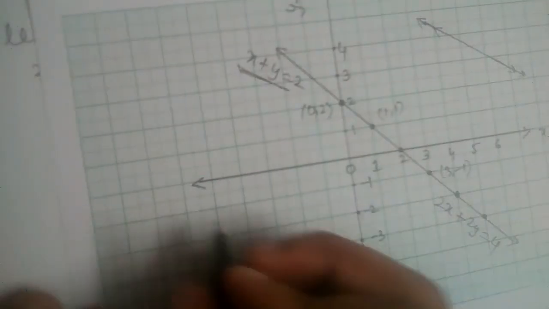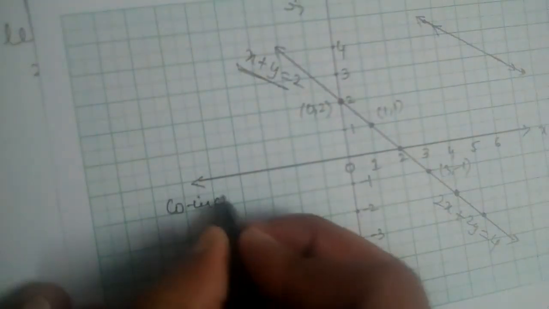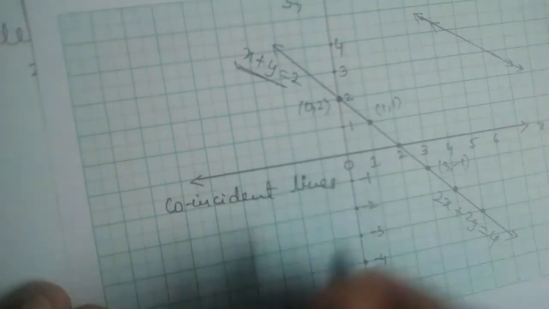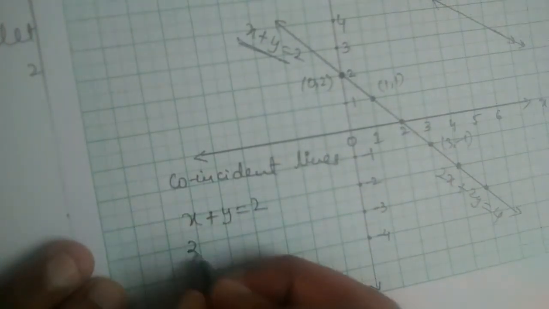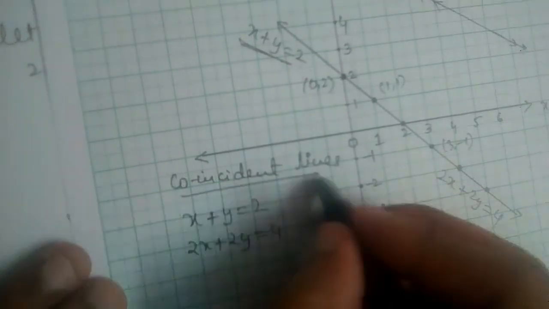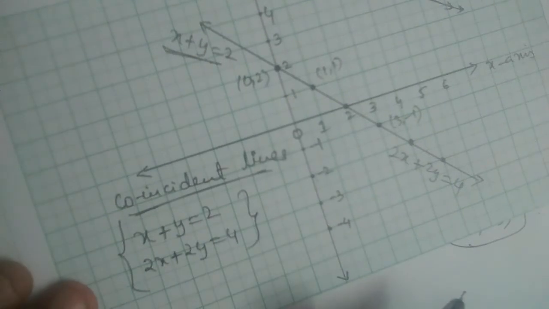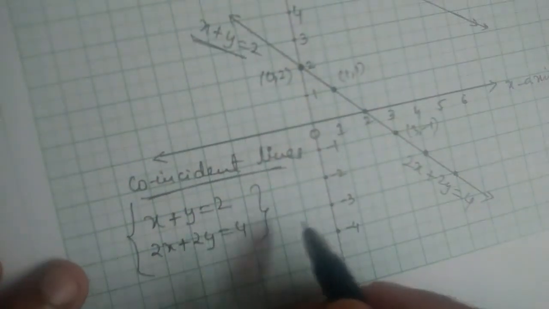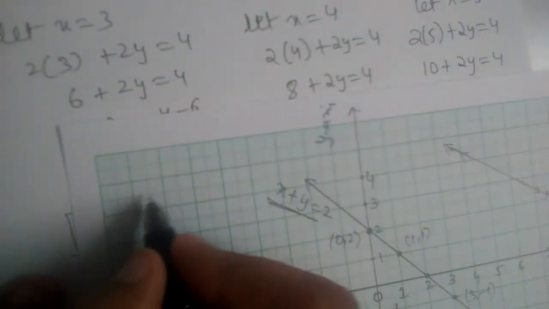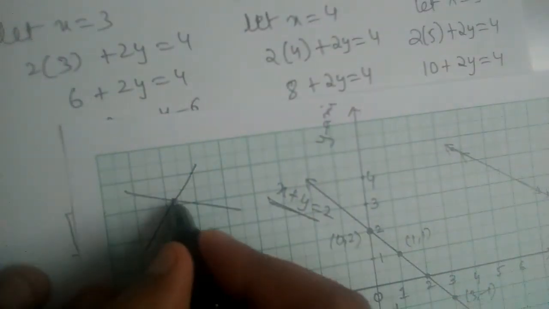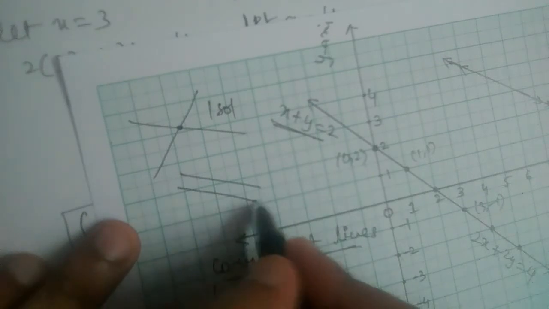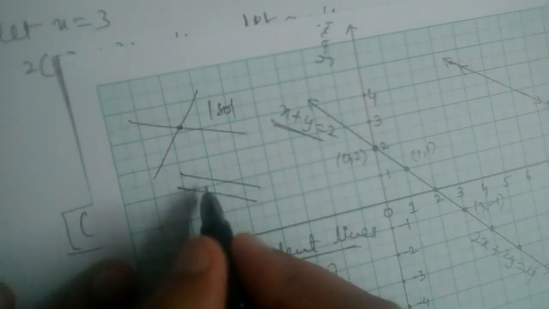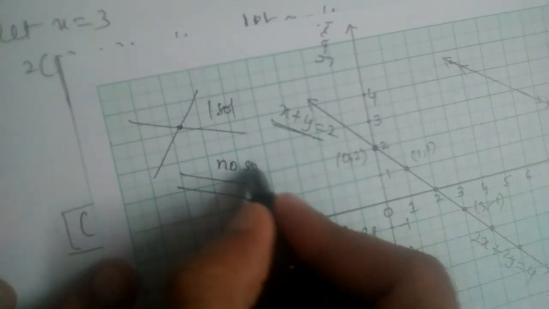Okay, or we can say these two lines are coincident lines. Okay, this x + y = 2 and 2x + 2y = 4 are coincident lines. Now how many solutions will be there for these two equations? See, the point of intersection of the straight lines will be our solution, right? In the first case we saw intersecting lines, so these two lines were intersecting at one point and we had one solution, right? And in the next case we saw parallel lines, they were never intersecting, right? Parallel lines will never intersect, so they had no solution.